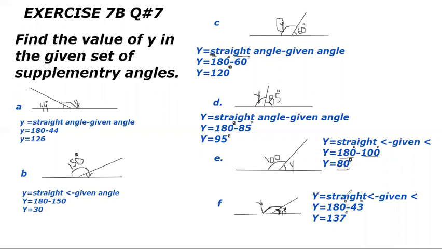Using the formula method, y equals straight angle minus given angle. Straight angle is 180, given is 43. When we subtract 43 from 180, it will give us 137 degrees. It means that this unknown angle y is 137 degree. Now, to check whether our answer is right or wrong, if you add 137 in 43, it will give us 180 degree, right? The two angles are supplementary if their sum is 180. 43 is supplementary to 137 degrees. Means when we add 137 in 43, it will give us 180 degree.